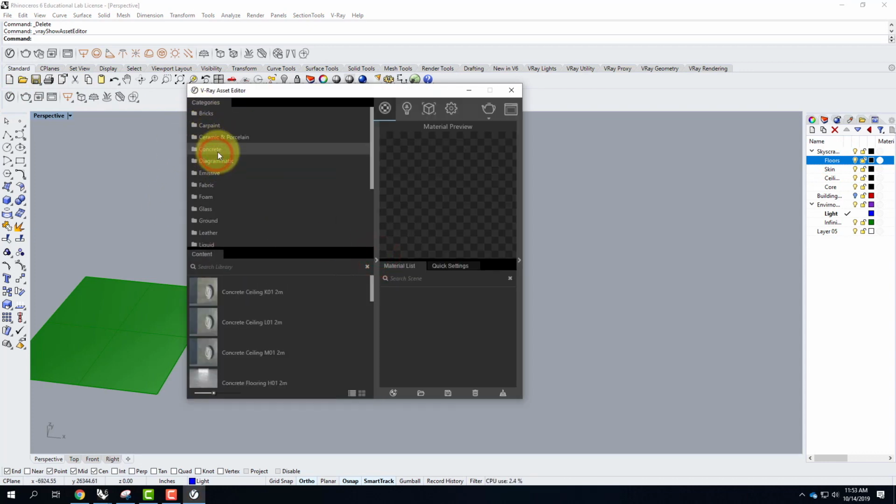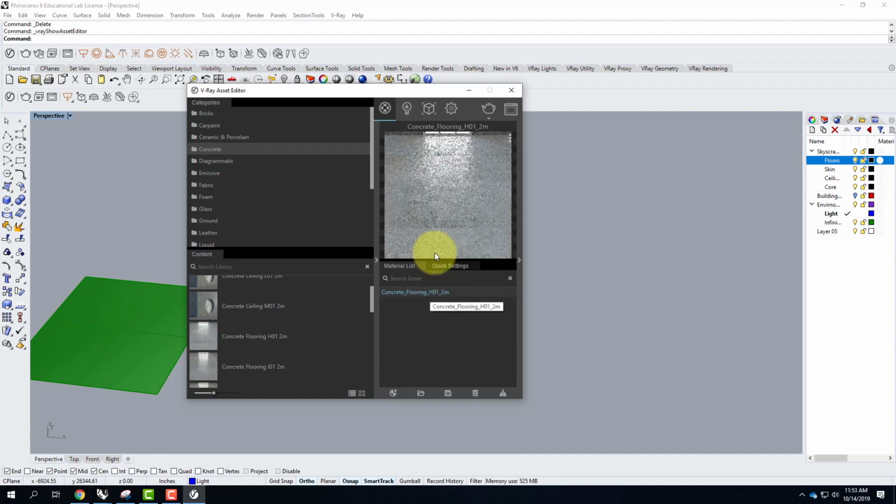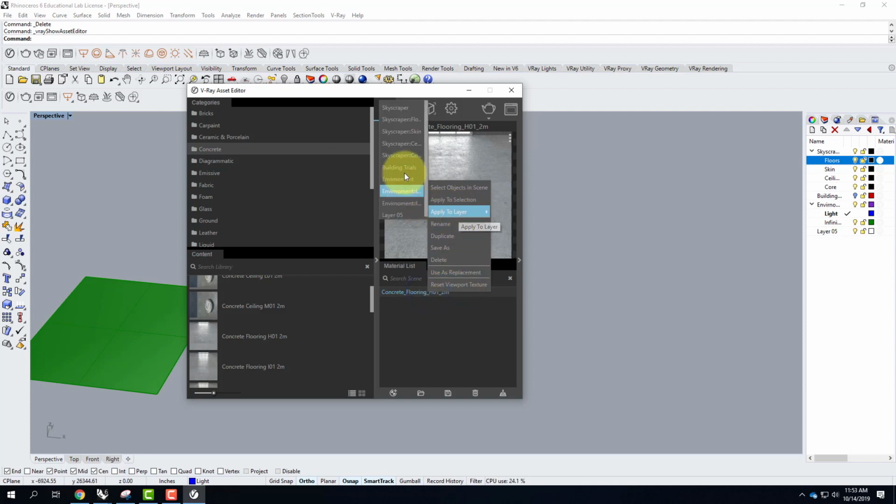I'll look at concrete. Let's look at the concrete flooring here. So maybe I like that floor. We'll go ahead and drag it over into my materials list. There's the concrete floor there. I'm going to right-click on the concrete floor and say Apply Material to Layer, and it's going to be the Skyscraper Floors layer,